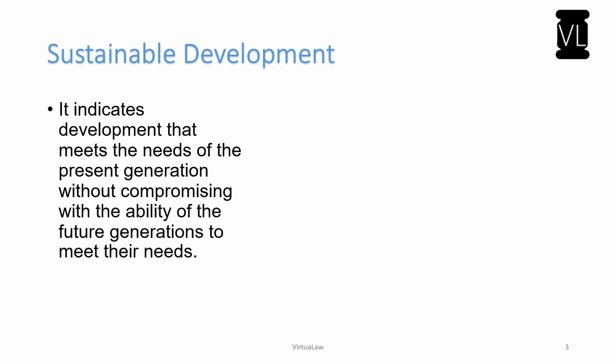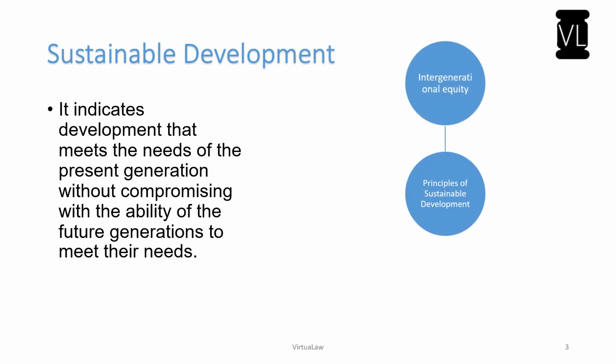So on one side, for their own business, they are depending on the resources. On the other hand, they are planting trees by which they are again contributing to the environment, right? So this is what is sustainable development. There are four fundamental principles of sustainable development which we need to remember. They are: number one, intergenerational equity.